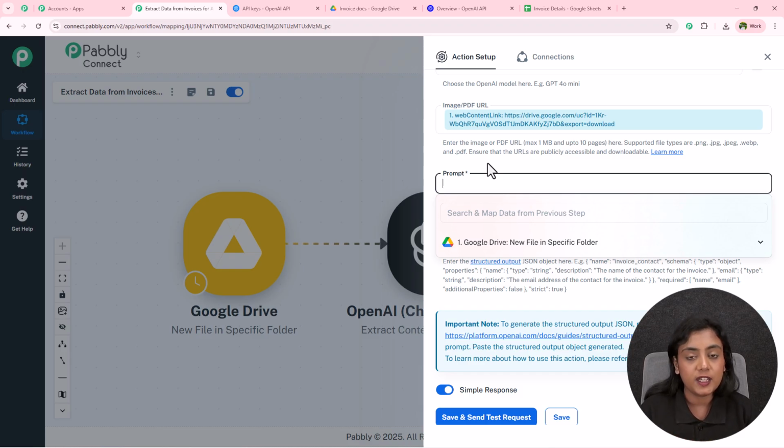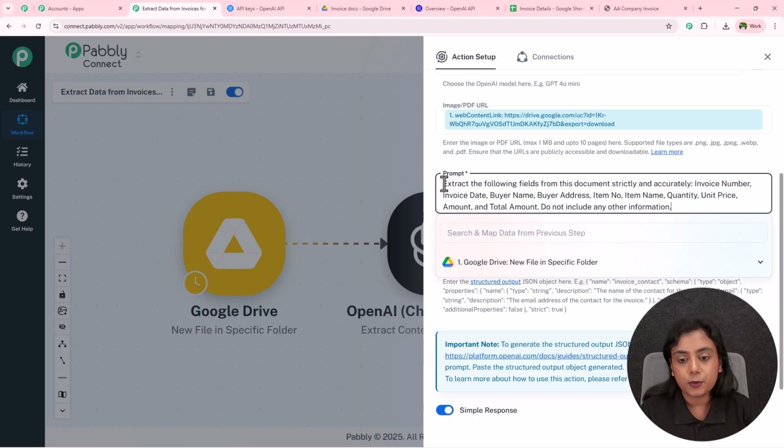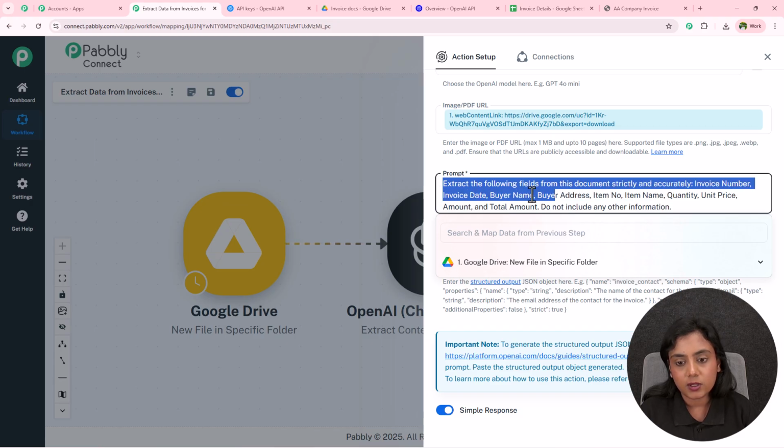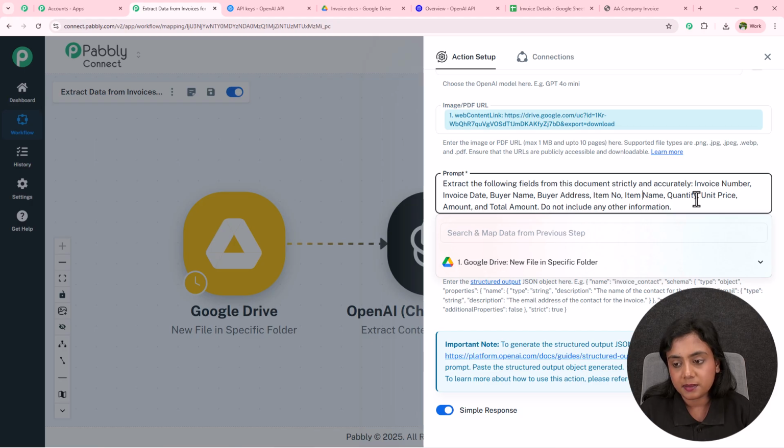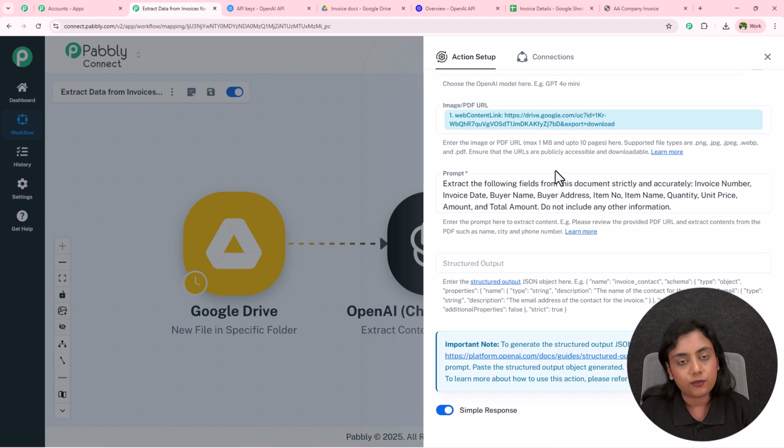So in the prompt, we need to mention all the fields data that we want. So for the prompt over here, this is the prompt I have: extract the following fields from the document strictly and accurately: invoice number, invoice date, buyer name, buyer address, item number, item name, quantity, unit price, amount, total amount. Do not include any other information. Okay, so this is my prompt in which I mentioned all the fields that I want to be extracted from